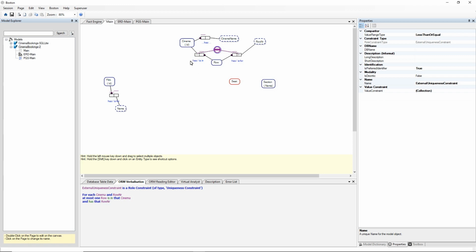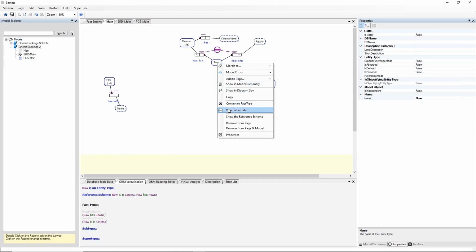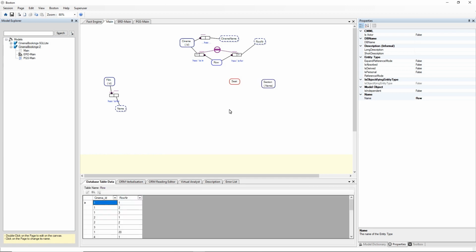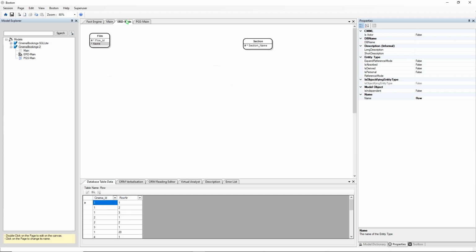And basically what we're saying is our database can have multiple cinemas, which it does, and the combination of cinema ID and row number identifies a row. So I should be able to look at the database data on that. So I'm going to view the table, and sure enough, here's a whole bunch of rows set up already in the database. So cinema 1, row number 1, cinema 1, row number 2, cinema 1, row number 3, cinema 2, row number 1, etc. So if I go to my ERD view,